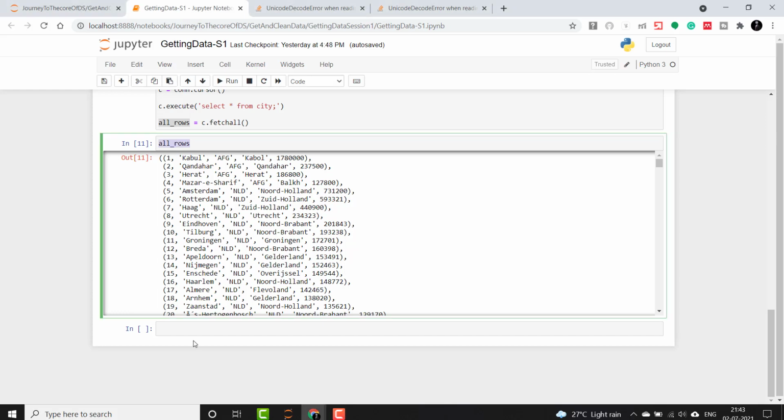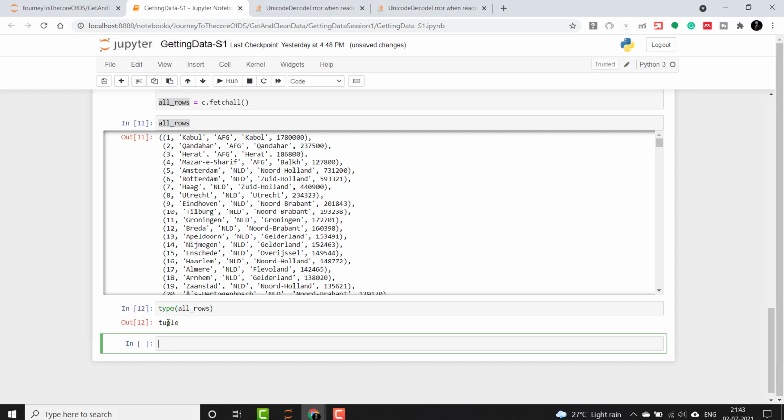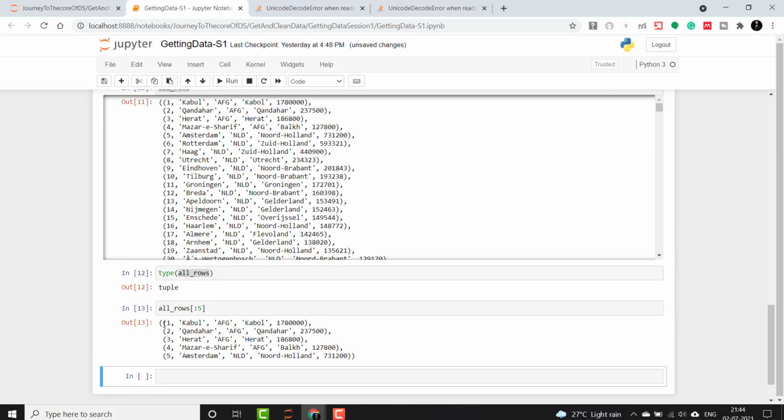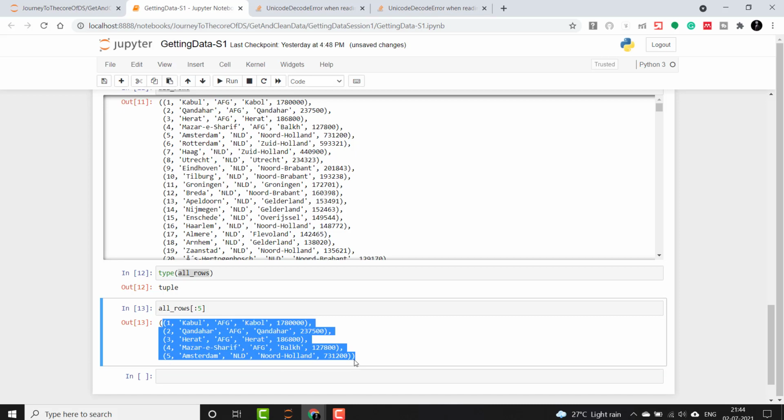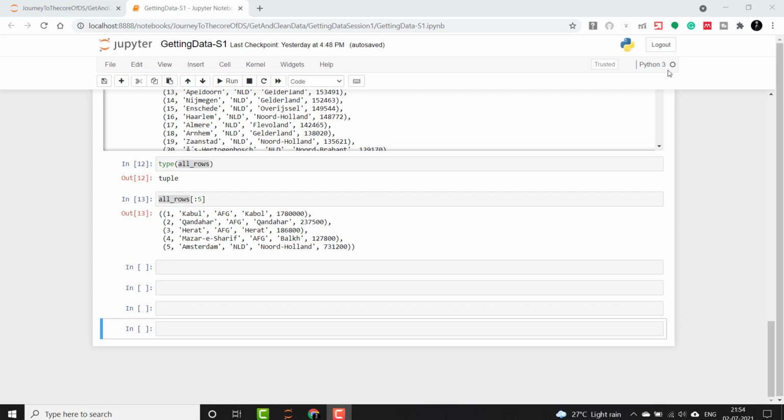So if we try and print the type of this, you will see that this is a tuple. Okay, and we can even print a few rows of it, like we have seen in the case of data frames. So identically this also works. So it will print the first 5 rows for us. Now it would be useful to convert the list into a data frame, since we can now work with data frames easily. So in this case, we can use the pd.DataFrame function and pass the list version of the tuple. Now let's convert each tuple in the list to a row in df.